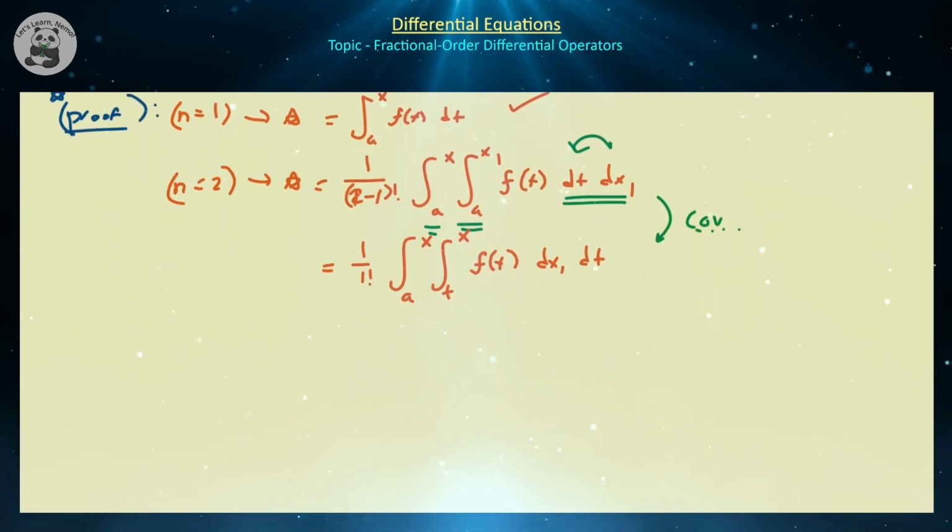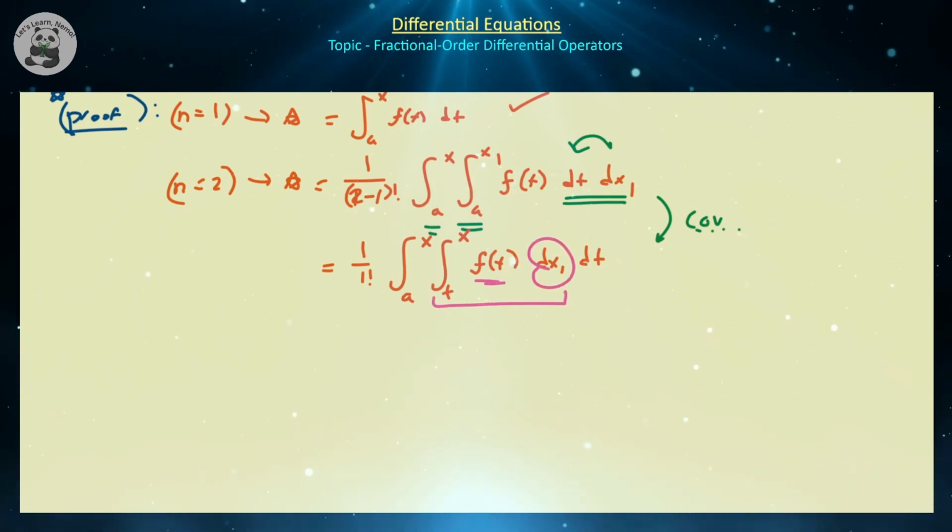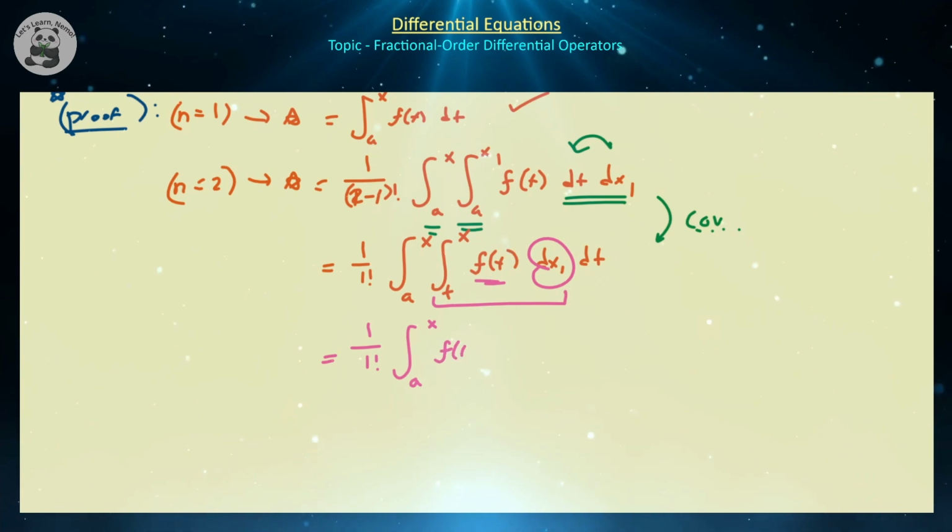So once we have that, then what do we have? What we have here is an integral with respect to x1, but this is just a function of t, so f of t, as far as we care, is just a constant. So we're left with 1 over 1 factorial times the integral from a to x, and then we're going to have f of t, which is just a constant, and then we're just going to be integrating x1 with respect to t and x1 once we subtract. So we're just going to be left with x minus t dt,